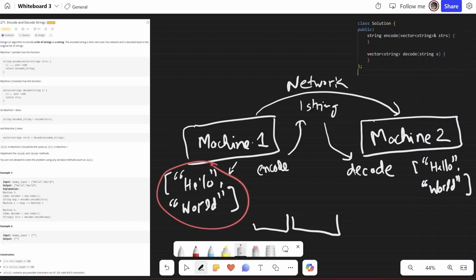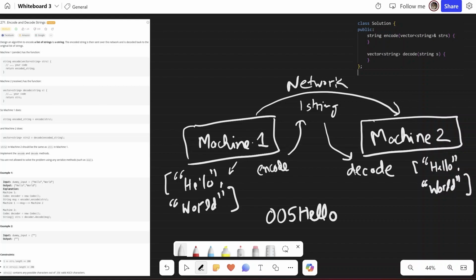So for hello world, what I'll do is first find the length of hello, so that is 5. So I'll do 0, 0, 5, append the string hello, then what is the length of world? 0, 0, 5, and append the world string. So this will be my final string, which I'll send over the network.